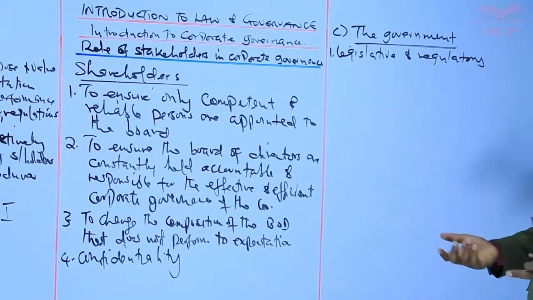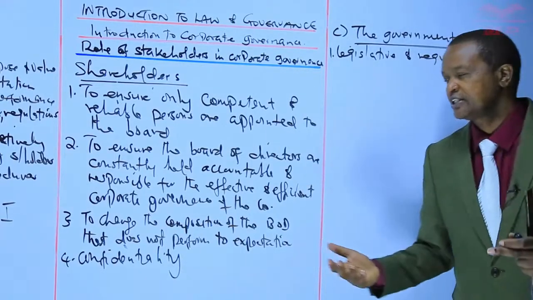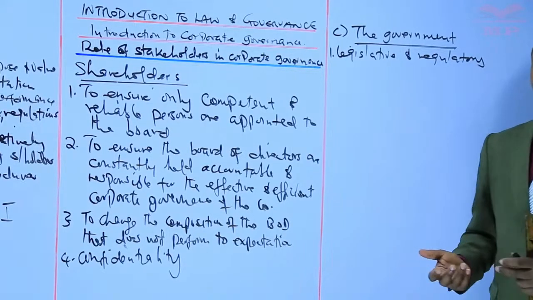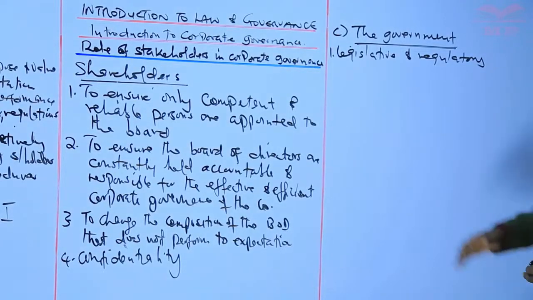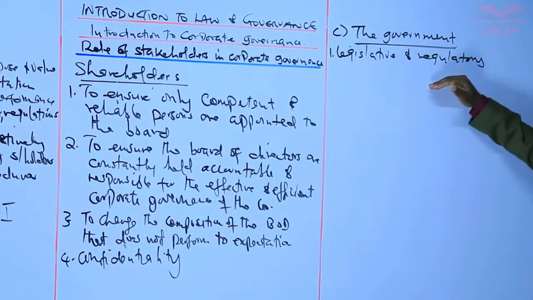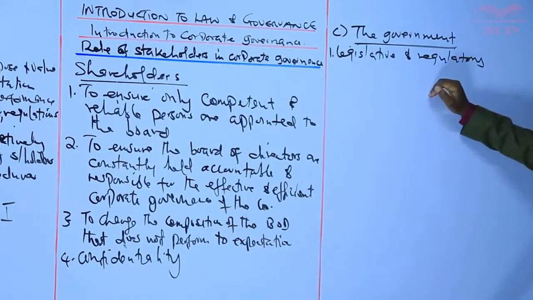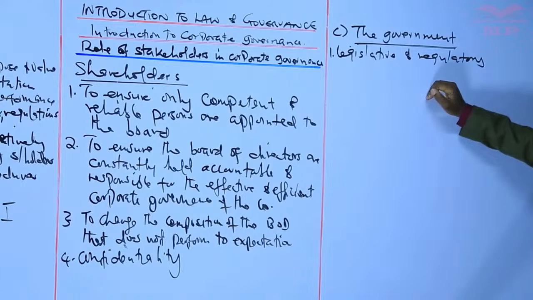And the government, through the courts, also interprets and enforces the legislation, that is done through the courts or the judiciary and other national enforcement agencies. So legislative and regulatory role. Government through parliament, I've said, makes legislation, makes statutory instruments. The government creates a conducive environment for business to operate, and through making regulatory and statutory frameworks, the government can also